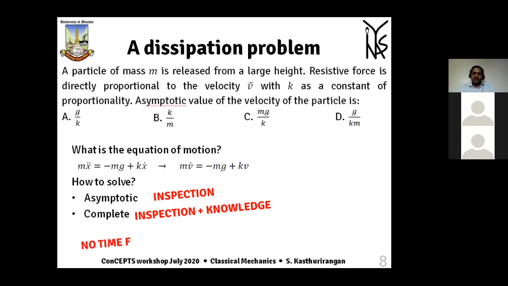Of course, you don't have time for explicitly solving a first order differential equation, but it is okay. If you have a second order differential equation, there is no time. Even if you know the exact procedure, there is no time to sit and solve. Please remember that. So it is good to familiarize ourselves with the standard types of differential equations which come up in mechanics, and have the solution stored at the back of your mind, at least the form of the solution.